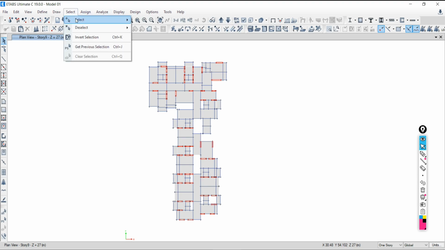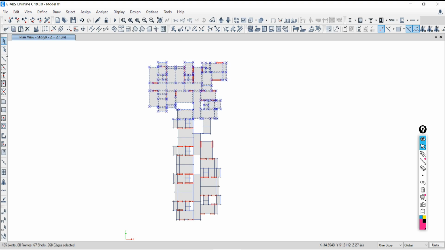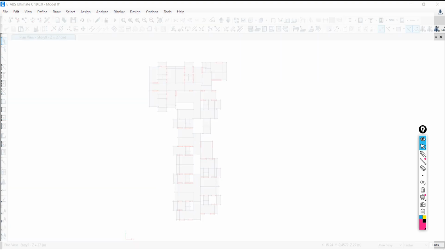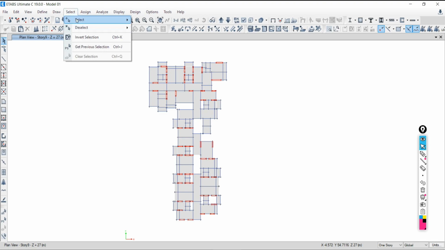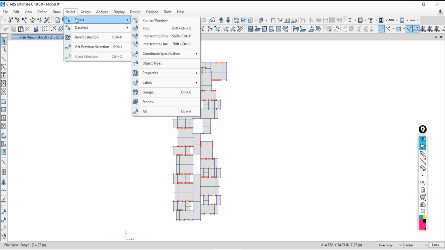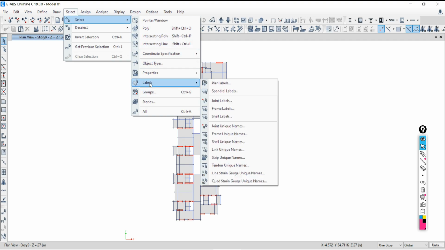Just go to select. Can anyone tell me how I can select only those two beams? Select sections? Okay, just guide me. Go to select, then sections. No, you have to go to the labels.